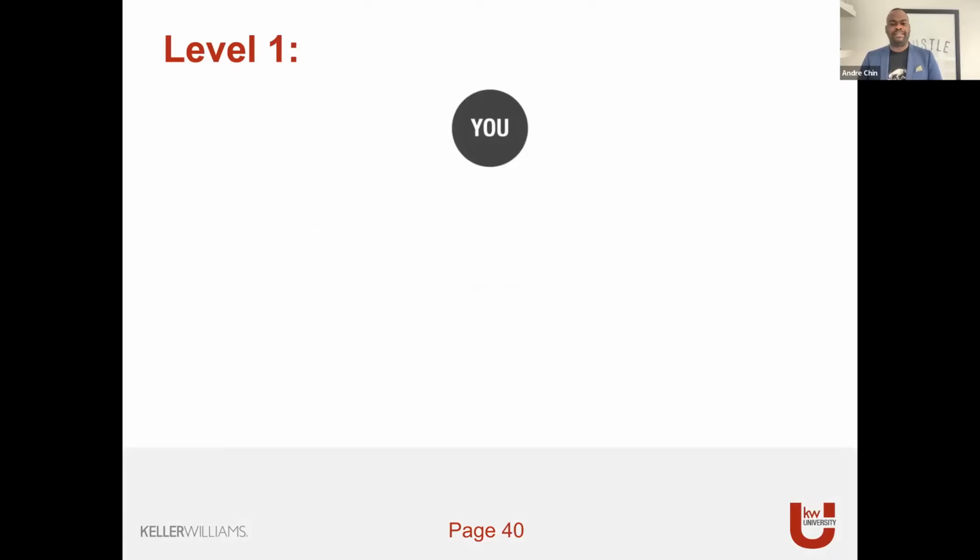So if we go through the 7 levels, this is level 1. It starts as just you building your business. You're wearing all the hats, you're doing all the stuff. Then level 2, it's you and an admin. Level 3, it's you, an admin, and a transaction coordinator. Now, I made this mistake as well, where I went admin to agents. I didn't follow the model, I broke it, and I had a lot of mistakes in that when we were going through it. This is the correct way to do it.